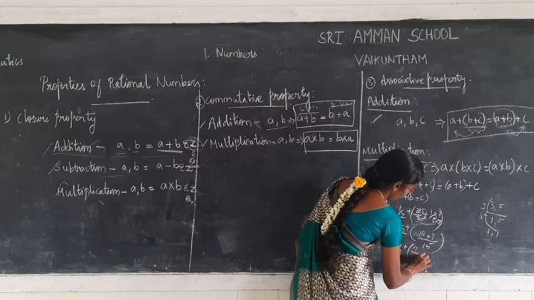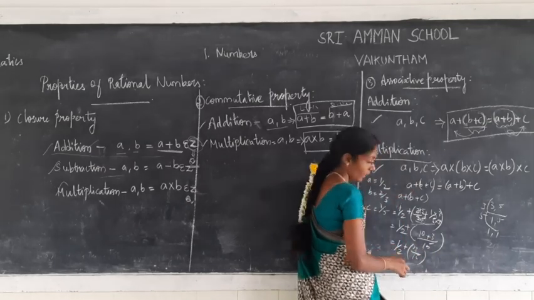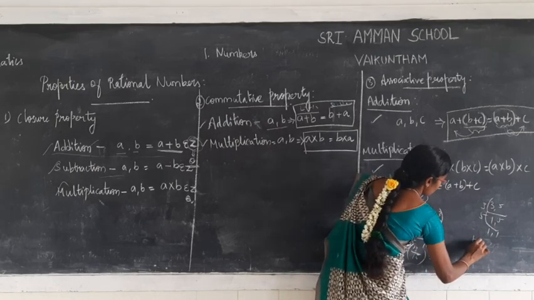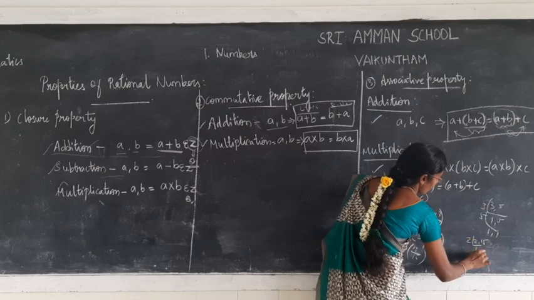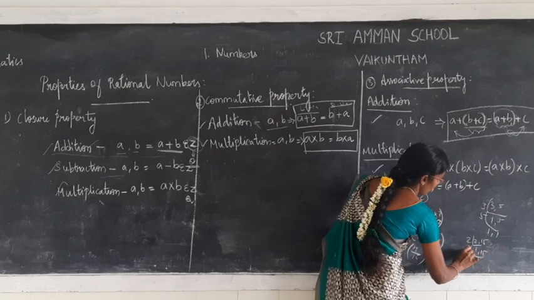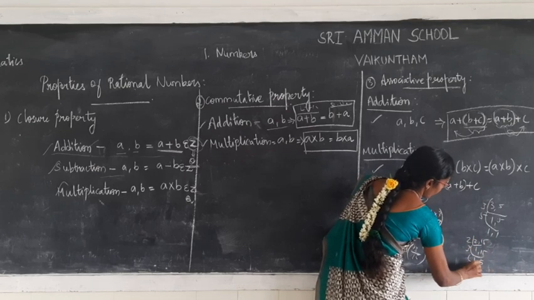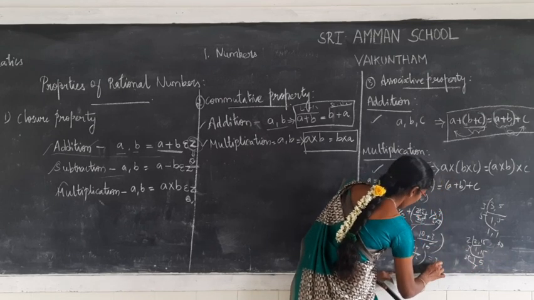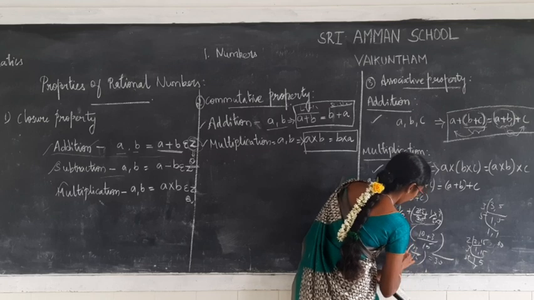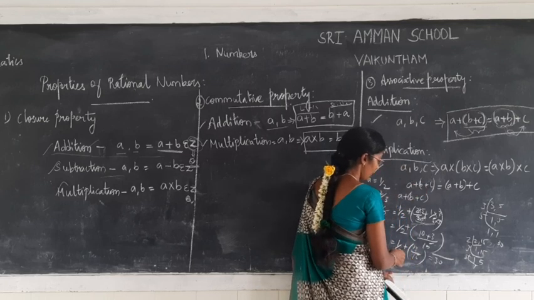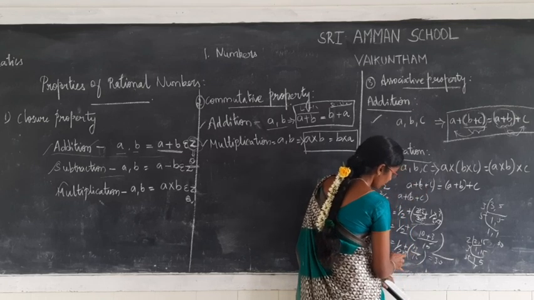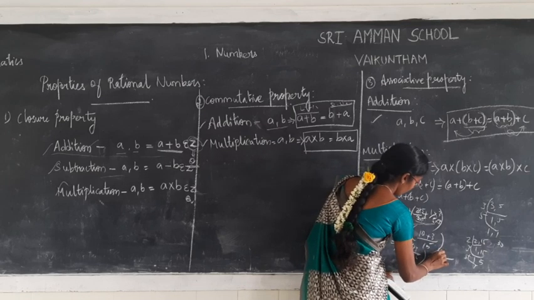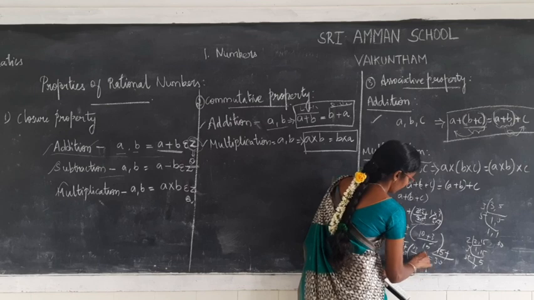So 13 by 15. Okay, if you cross multiply, or else you can take LCM again. 2, 1, 15, 3, 1, 5, 3s are 15, 5. So 5 3s are 15, 15 2s are 30. So what number is to be multiplied here? 15, I think so. So here also 15.